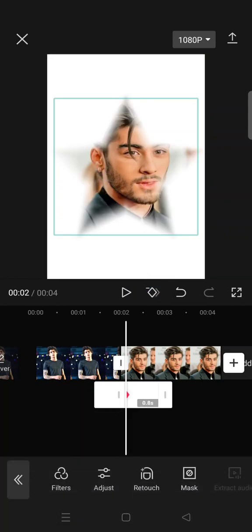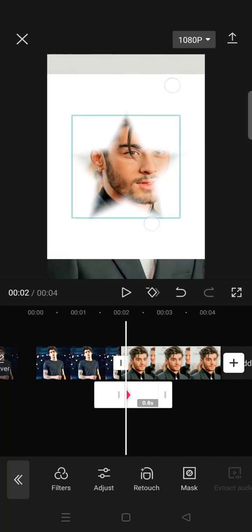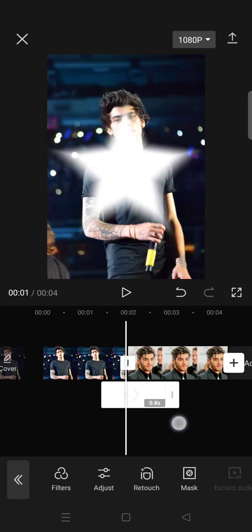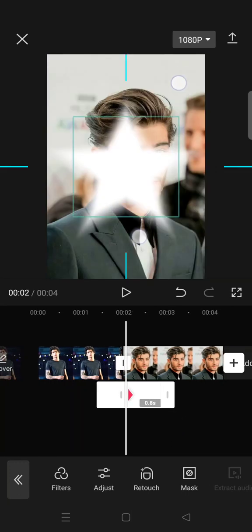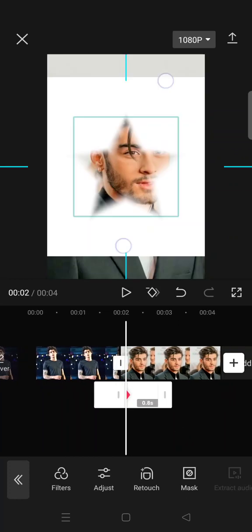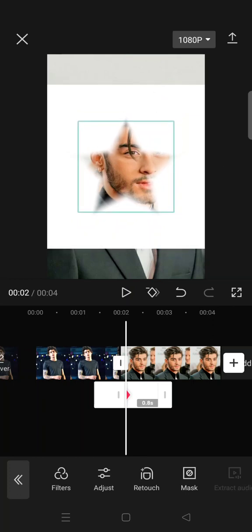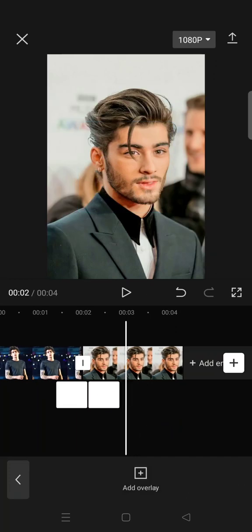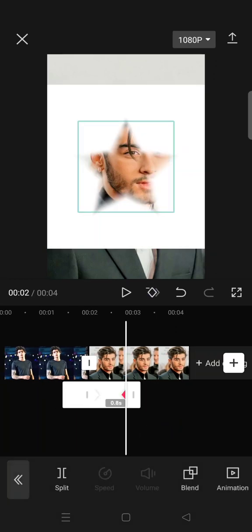at the start here at the start of the second overlay, and then fit the size, zoom the star to the same size in the previous overlay. Okay, so like this, and now add another keyframe at the end and zoom in the star until it doesn't show on the clip